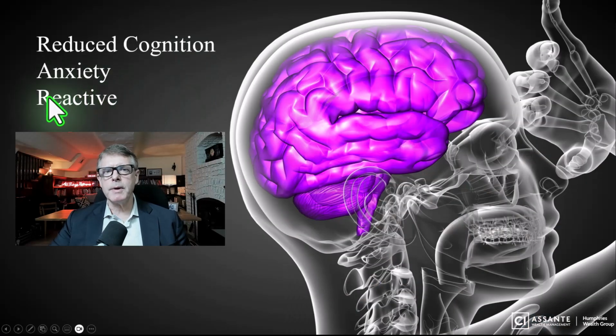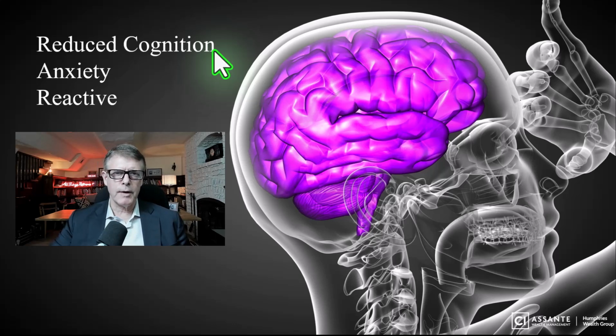So who hasn't been anxious? Who hasn't been tired, right? Who hasn't been going through periods of stress? We all have, right? And what happens is it leads to reduced cognition. That's just the reality of what happens when we're in a real stress state. And that reduced cognition can lead to reactive decision-making and poor decision-making. That's a reality. We need to face up to that.